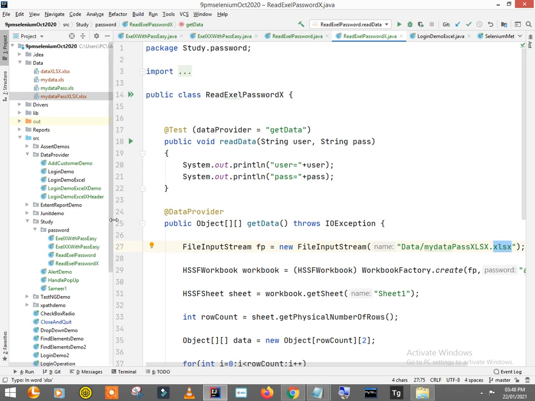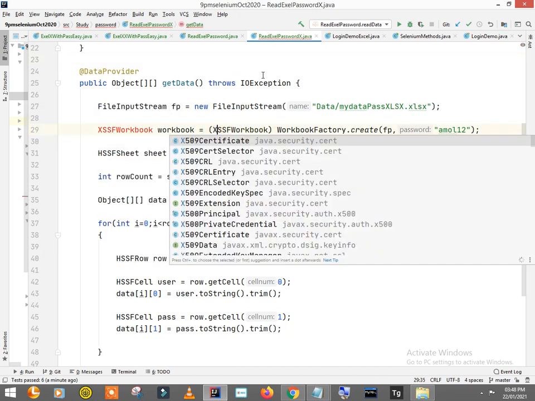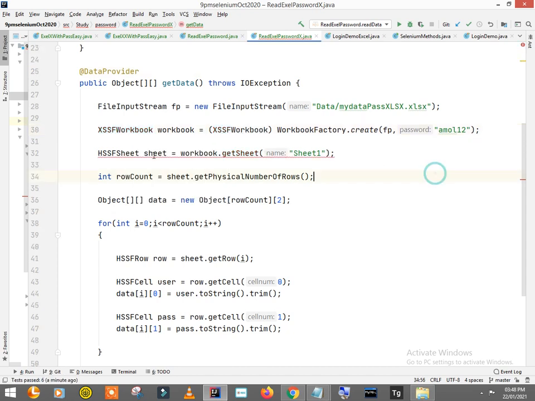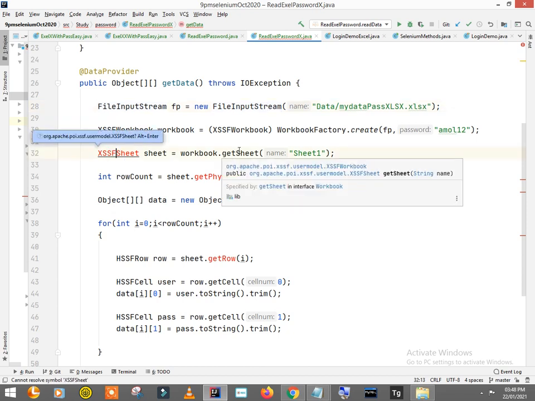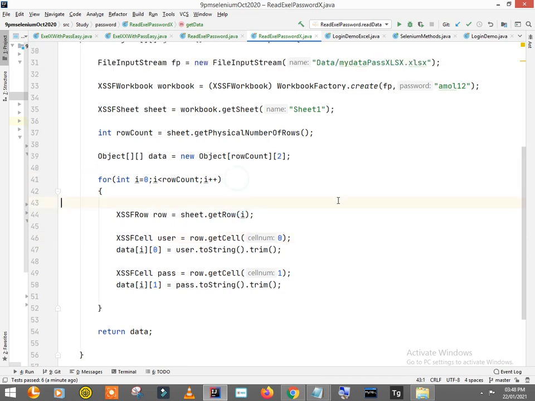So what you need to do, instead of H everywhere, you have to make X. So X here, then X here. Import this, also X here, import this, then here also it should be X, here also X, X here. So let's import this also, fine, and that's it.